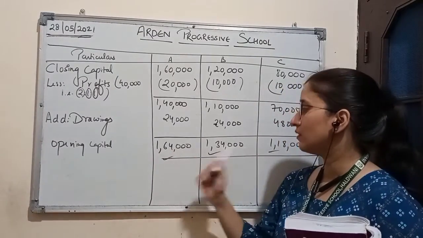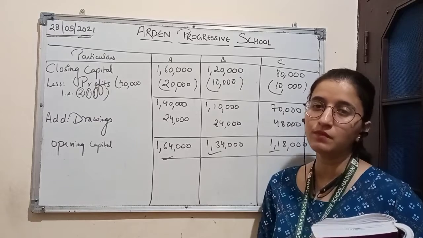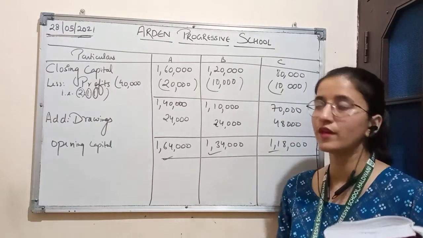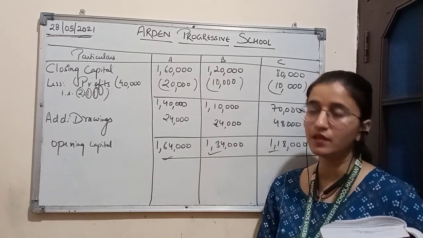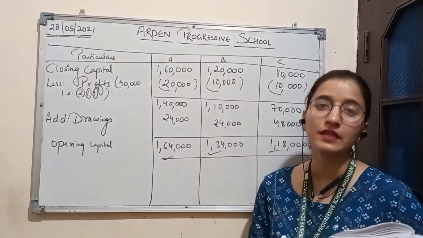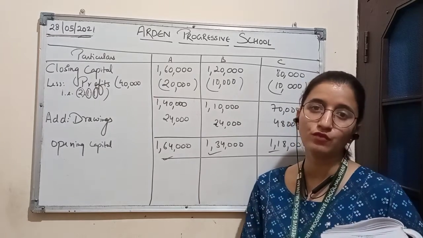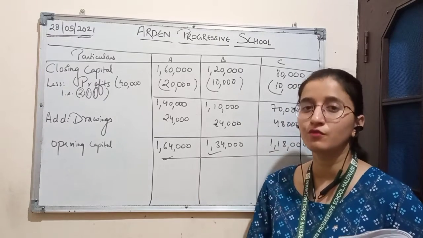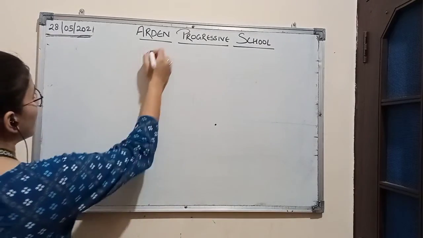Now we will be rectifying the errors made by the firm, such as omission of interest on capital and omission of interest on drawings. We will rectify it first in the table showing adjustment, from where we will get to know the net effect, which means which partner is to get the amount from the firm and which partner has to pay the amount to the firm. So in the solution part, first we will draw the table